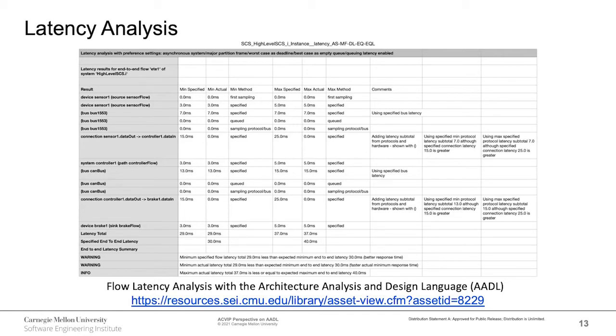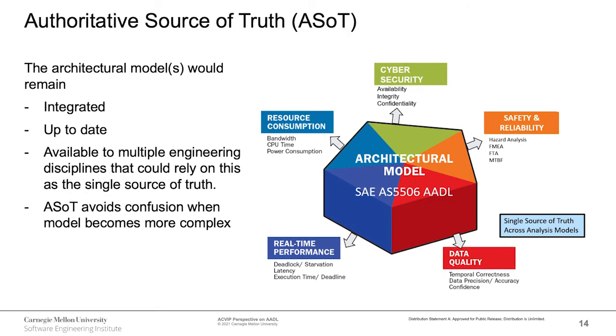As a vendor, this analysis could help in selecting a proper part that meets system requirements without getting to know the whole system in great detail. As a system engineer, different models and parts can be added to the system to find an optimal combination that meets system requirements. AKVIP methodology can create an authoritative source of truth model, as separate groups can represent their part of the model in the same way and keep the architectural model shared, integrated, and up to date. As a model keeps growing, each discipline's criteria can be verified without extensive knowledge of the entire system.